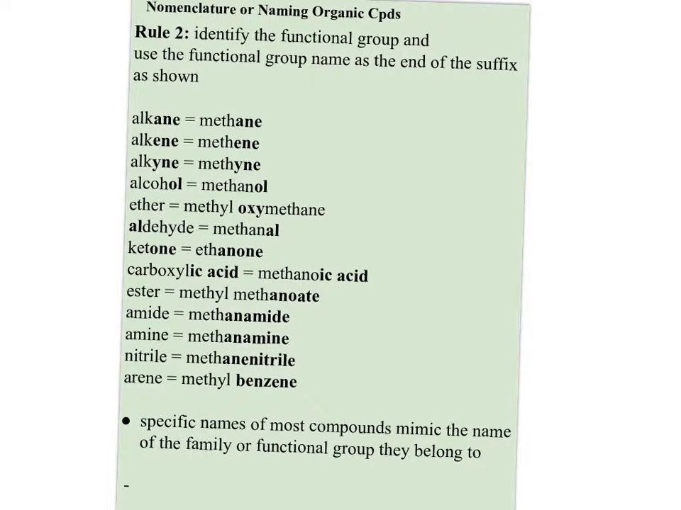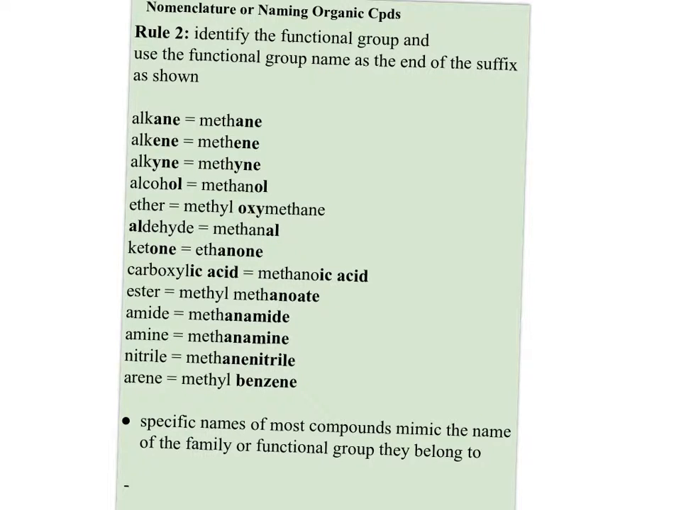Ketone, again, the name makes sense because it becomes ethanone. The name's right in it. And carboxylic acid, methanoic acid. Esters, methanoate doesn't seem to make a lot of sense, but again, it's because the functional group is between 2 R groups. And then the amide, amine, nitriles, and arenes seem to fit with the root,